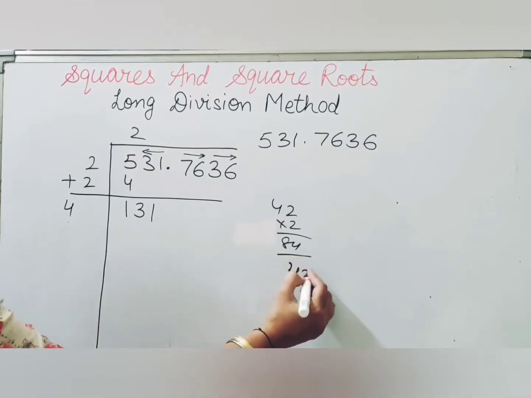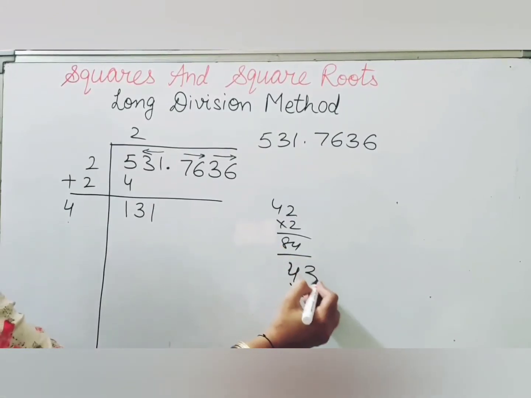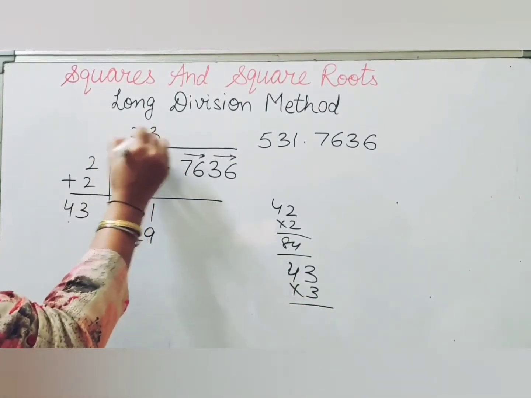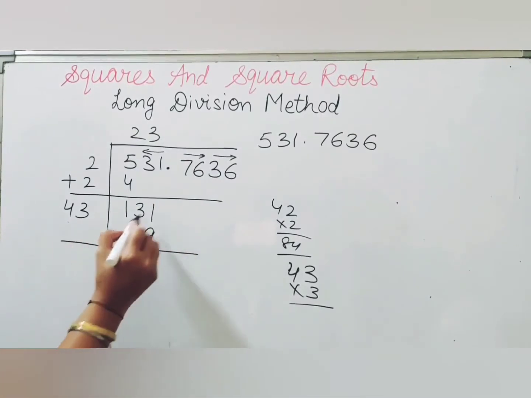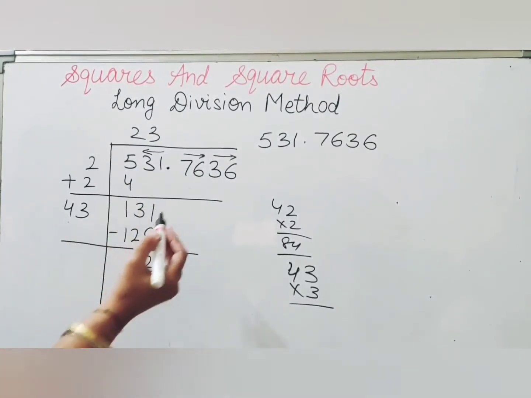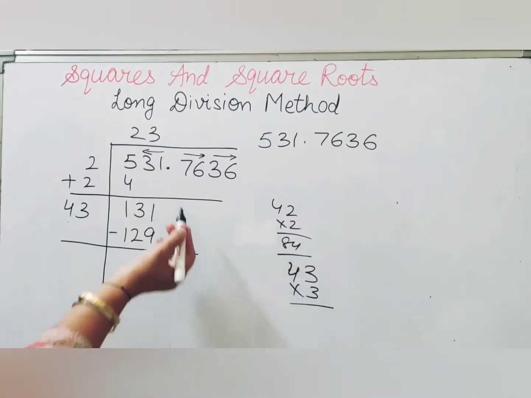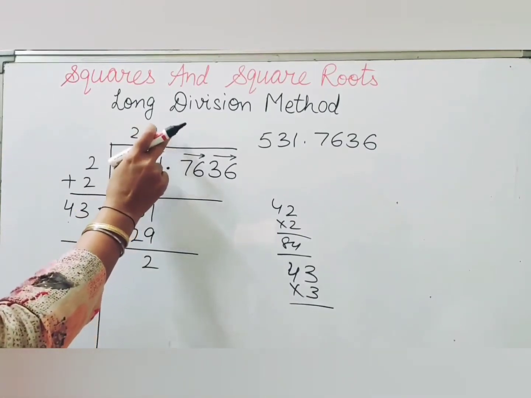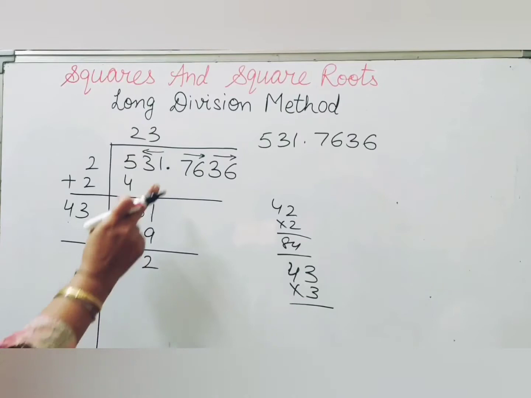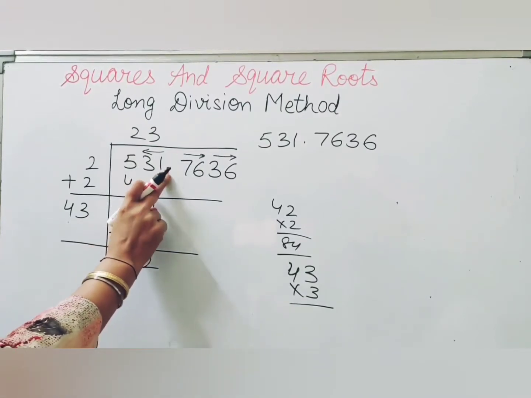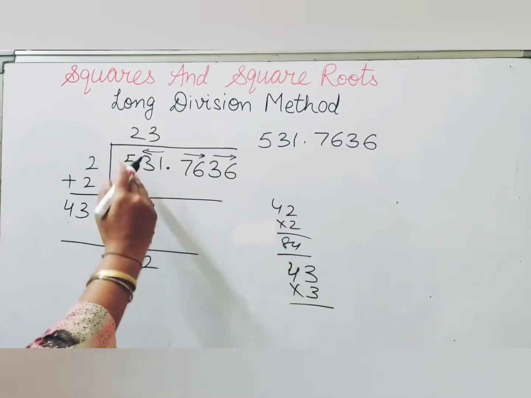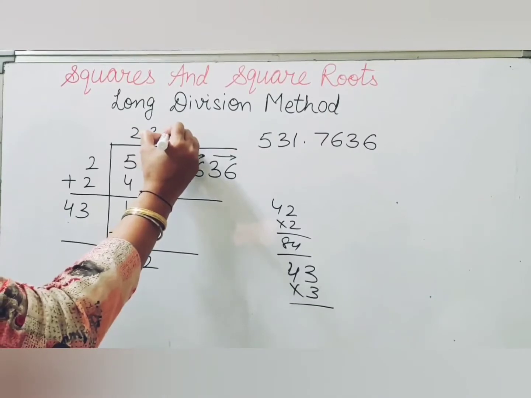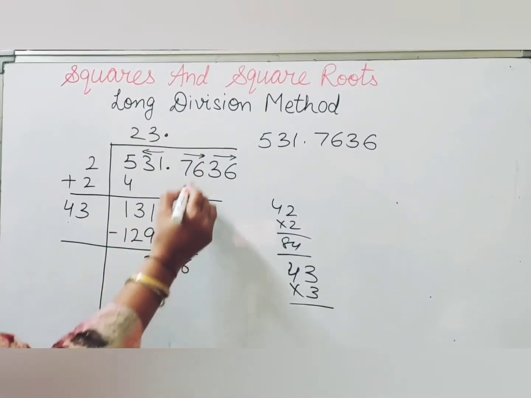Then we will check 43 times 3, that would be 129. And then we will put 3 on both sides, and the next step is again subtraction. Now we are carrying down the pair after the decimal from the decimal part. So students, make sure to put a decimal in the quotient, as this decimal point in the dividend is crossed. Now we are crossing this decimal part because we are going to bring down 76. That is why we have to put a decimal in the quotient also, and then bring down 76 here.